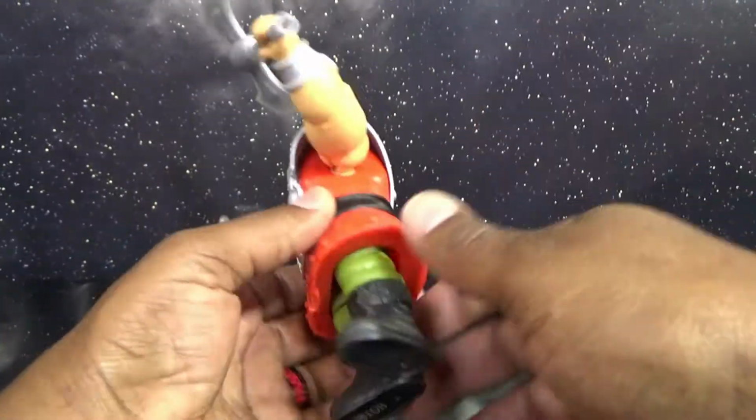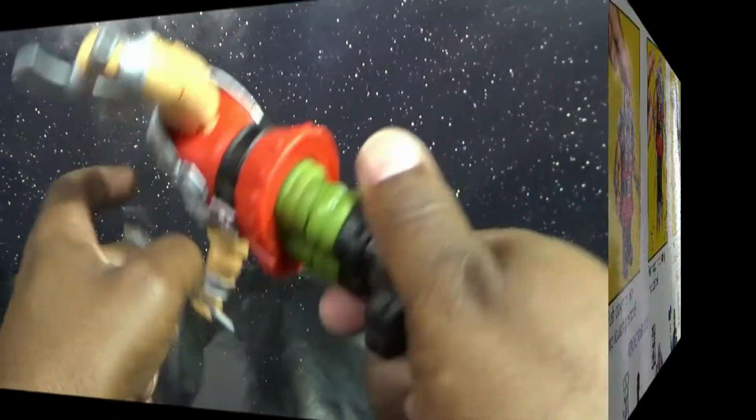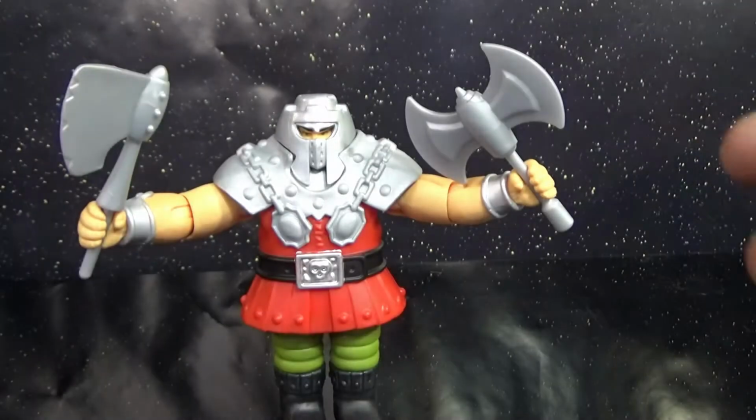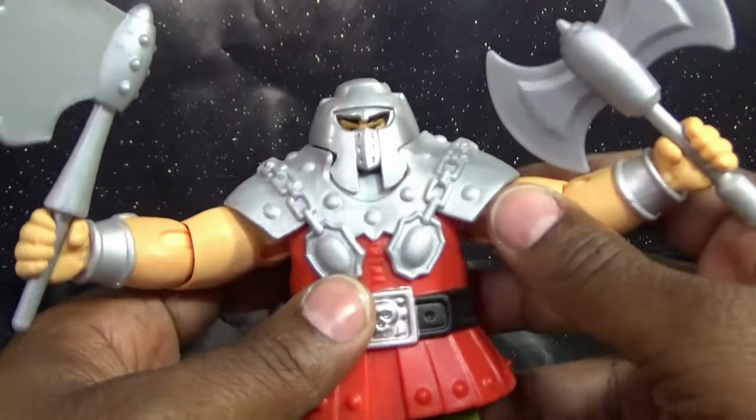Cool. I need to get him to ram something else. I wonder if you can squeeze his legs together. How else can you make it activate? I mean, they put that twist in a powerful battle position. So I guess I was doing it right. You push it down and push it again, and that's what you get out, which is kind of cool because